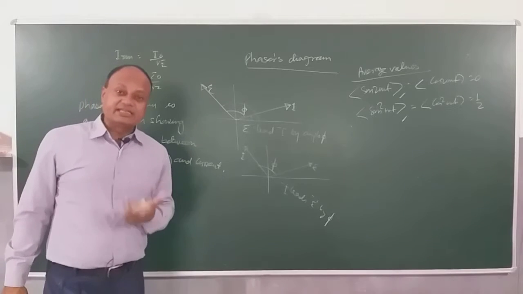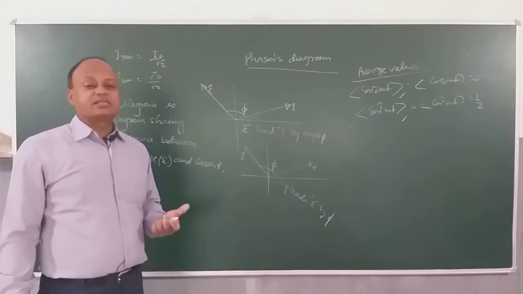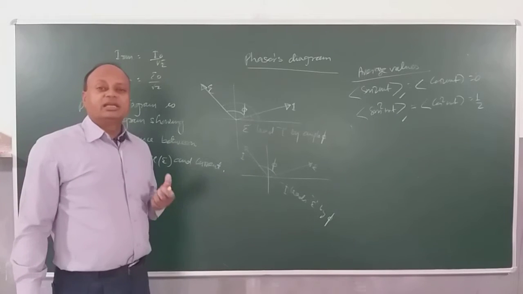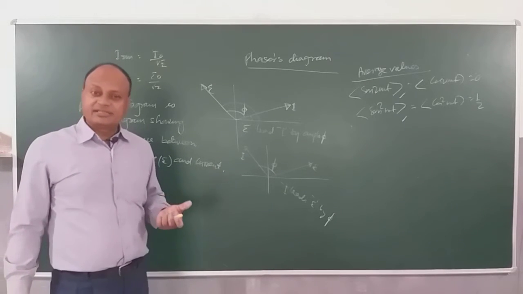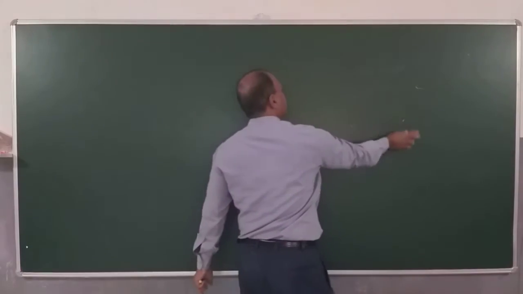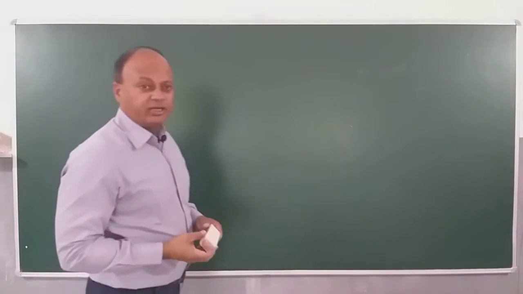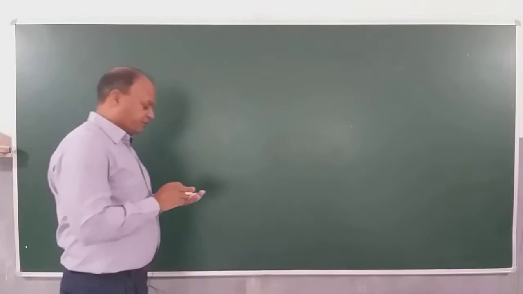Now you should be very excited because you are going to do the first AC circuit, and the simplest AC circuit will be the one in which an AC voltage is applied across a resistance. Okay, all right. So let's start this. Okay, children. Now, since you have understood these average values, it will be very helpful in calculation of average power. Now we are going to see the first AC circuit